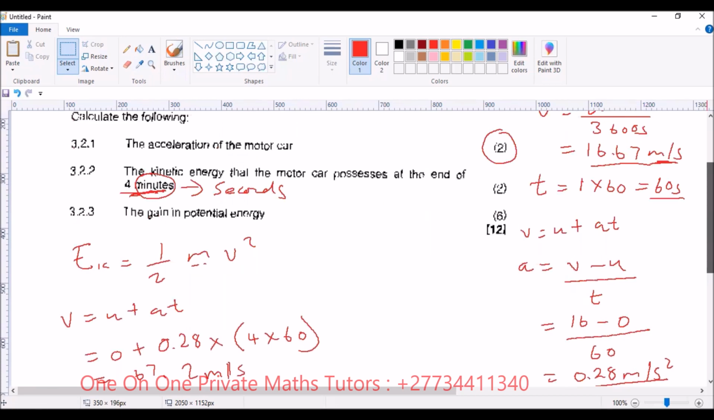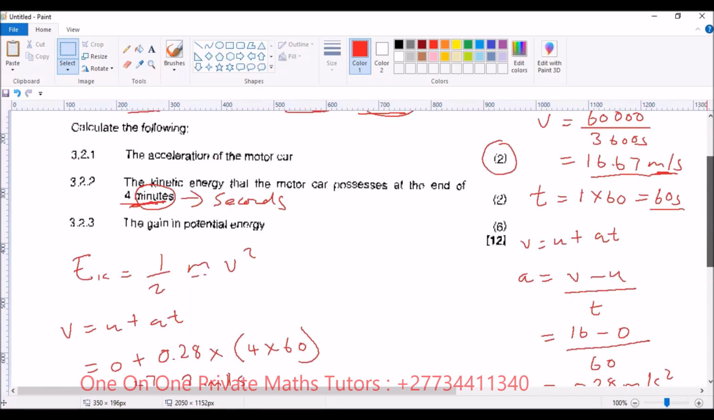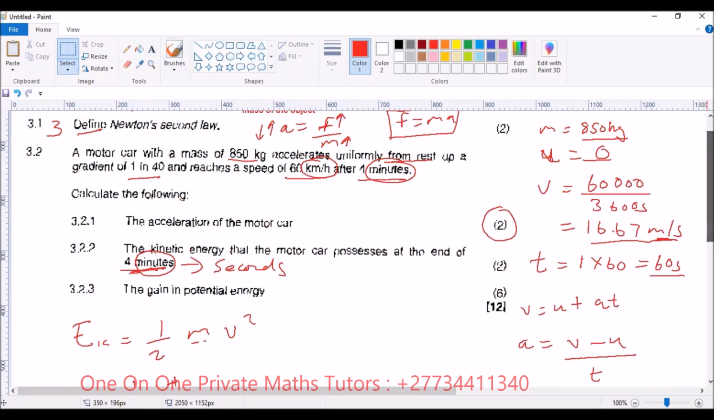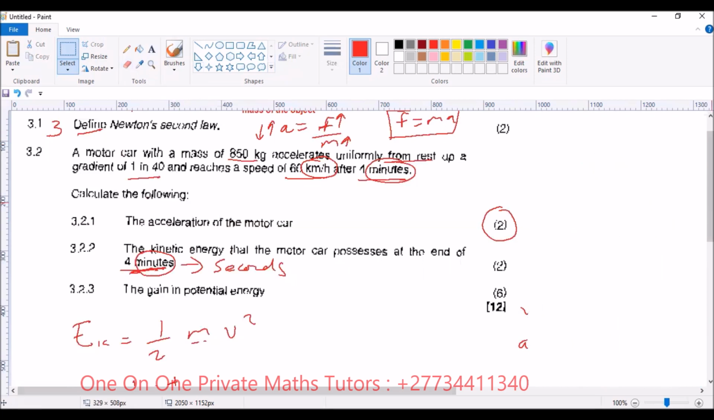Then we go on, gain in potential energy. Okay, so now we have to look at our diagram. How does it look? In order to calculate potential energy, we need to know the height reached, because potential energy is mgh. We are given a gradient there, and